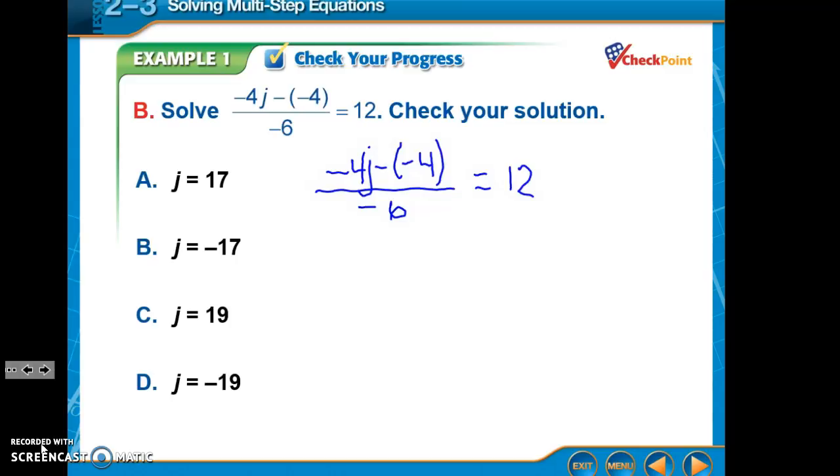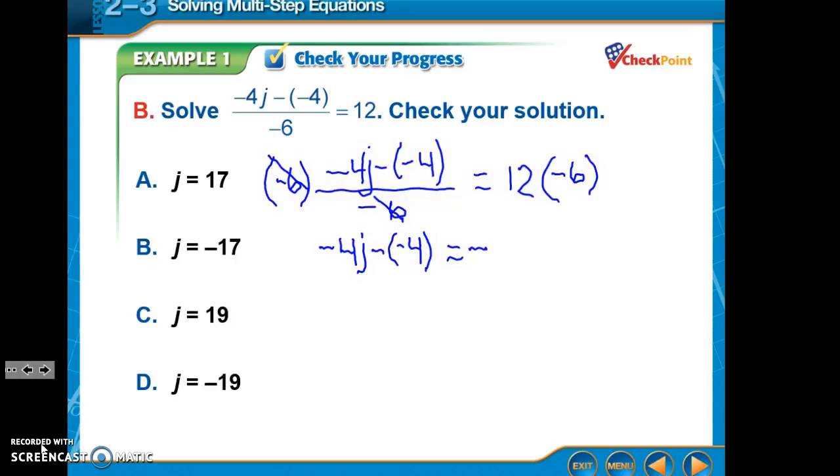We need to get that negative 6 out of the basement. So since we're dividing by negative 6, we multiply, because multiplication is the inverse of division. So now we have negative 4j minus negative 4 equals 12 times negative 6 is